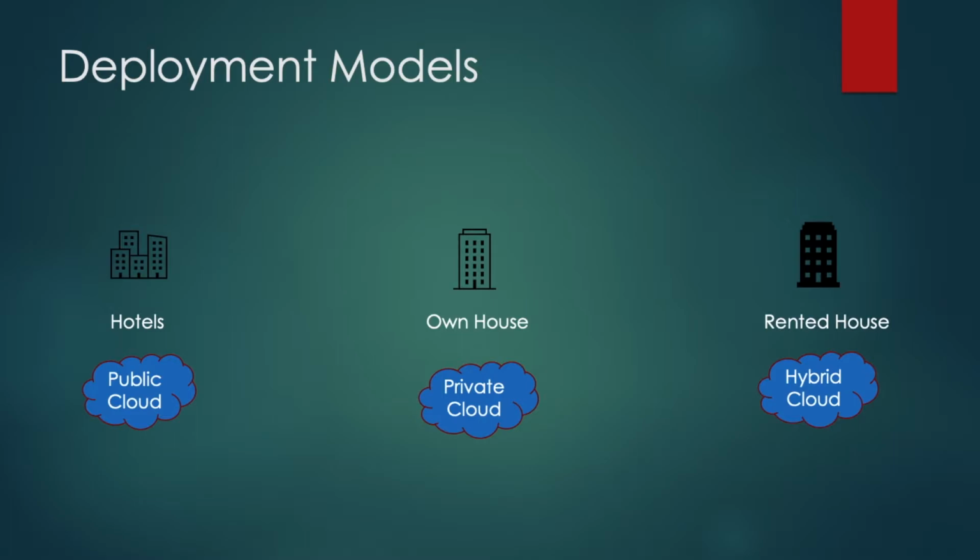So those resources are owned by someone else, you are just using them based on your need, and then you can delete them whenever you're done with your need. And private model is something like your private cloud, you own that cloud, similar to owning a house. You own all the resources, you own the whole infrastructure of your cloud, and